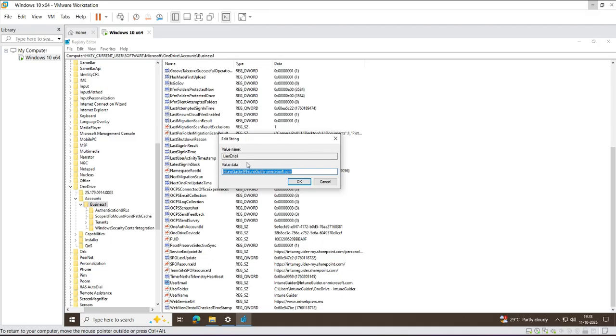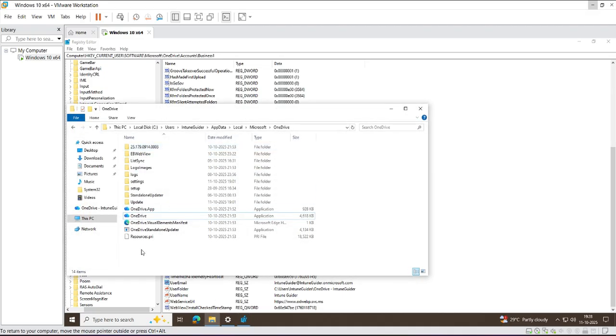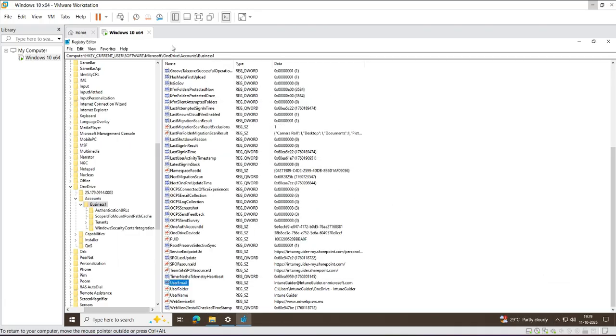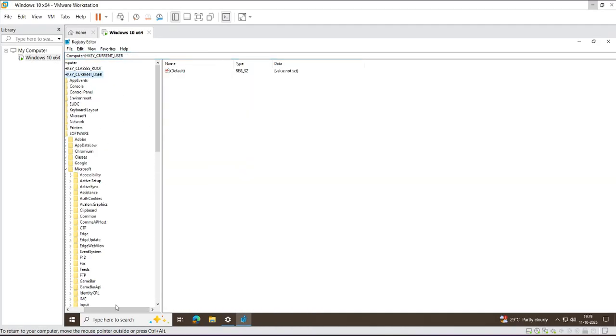The reason I'm showing this is that we have proactive remediation on this, so this value will be identified by our script. It also checks the same value where OneDrive is installed, and it checks whether the OneDrive service is running or not. And also, let me show you the other path from HKLM,